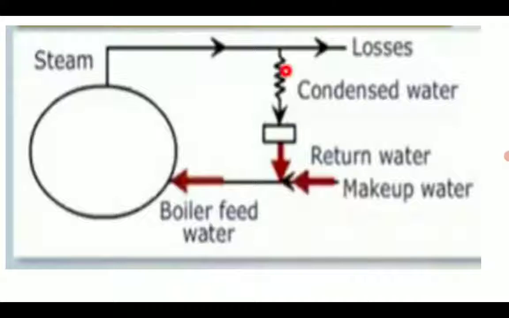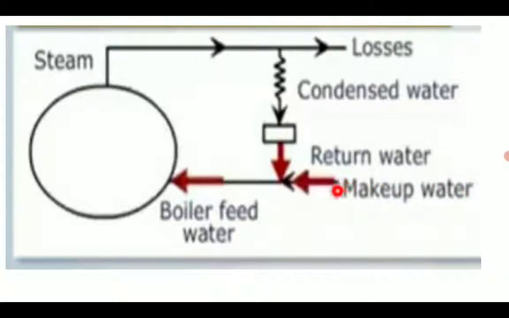One is by feeding the water which is left after the boiler. See, the water in the boiler is used to produce steam, and after the purpose, that is after running the steam turbine, the steam will be condensed and made into condensed water. So this condensed water is called return water, and this is one source of the feed water system. There is one more source, that is makeup water.